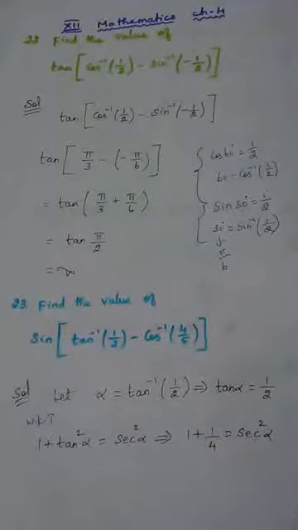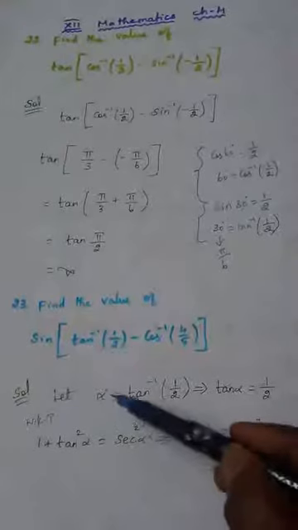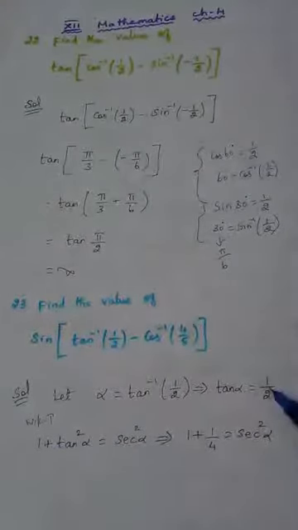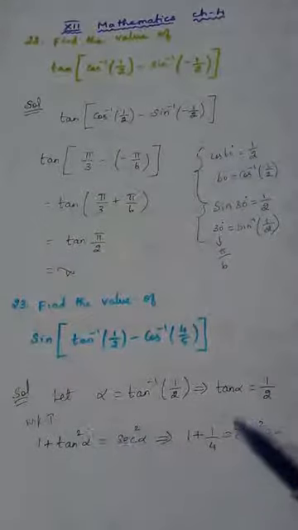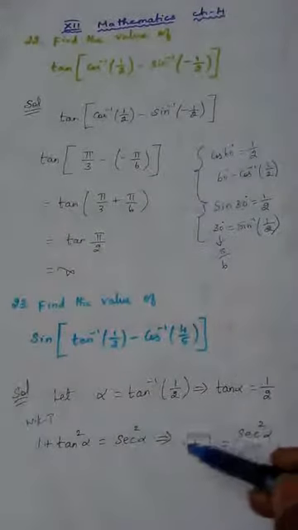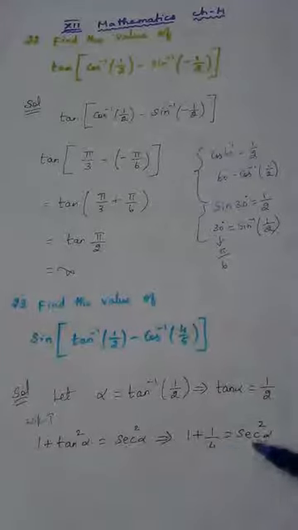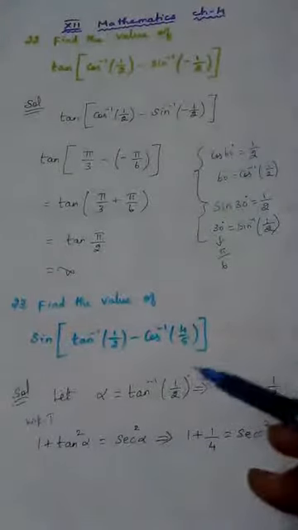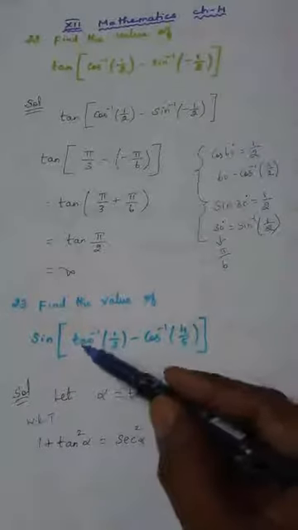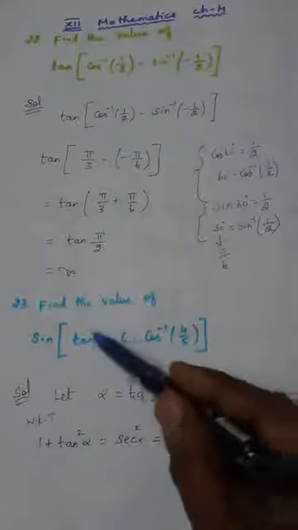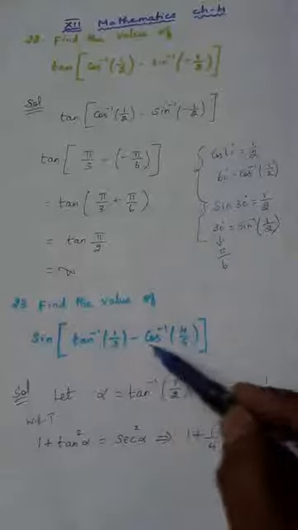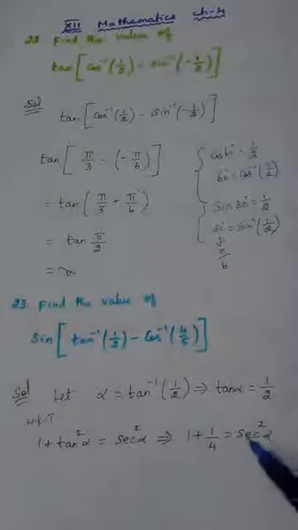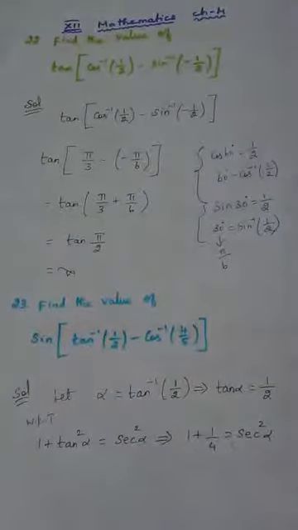I think you will understand this. The first term, we are giving a name and simplifying using the trigonometric identity and substituting this value here. We are getting this. What is 1 plus 1 by 4? 5 by 4. 4 plus 1, 5 by 4, right? Again, I will be telling what is our aim. Our aim is to convert this in terms of sine inverse, this in terms of sine inverse. First, we are taking this. Now, I am going to write in the next line 5 by 4 equal to secant square alpha.